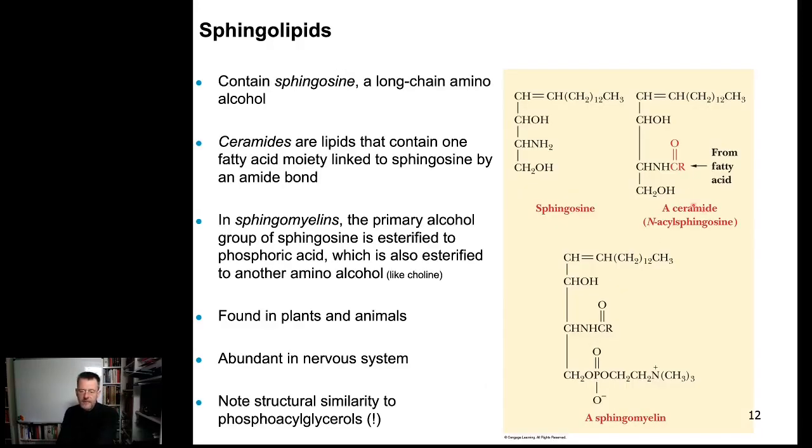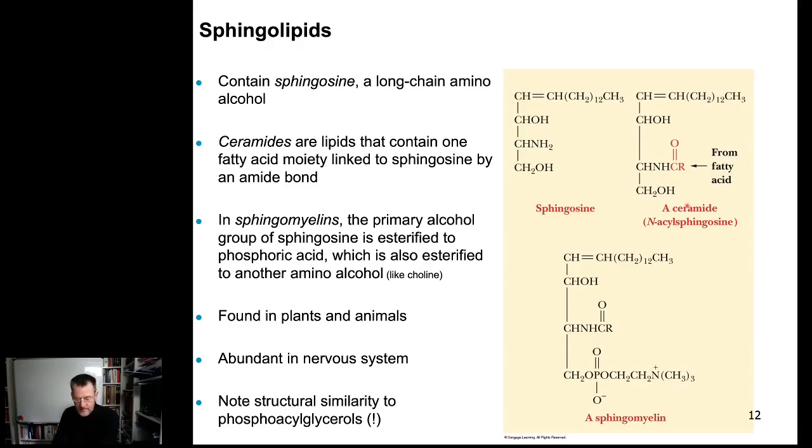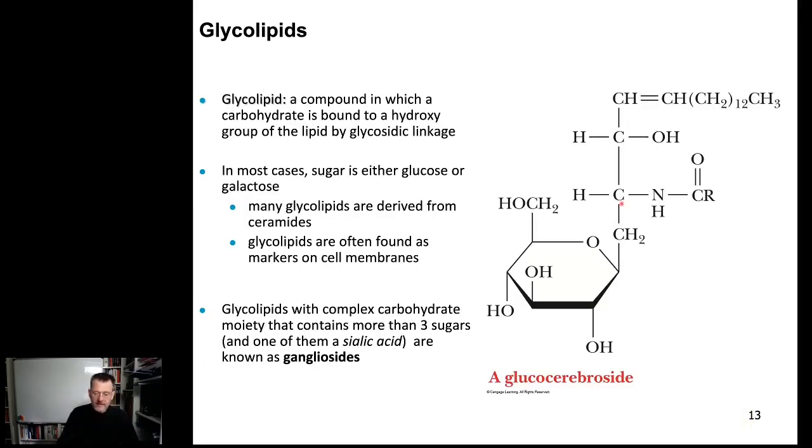If we remember, these were the carbons 1, 2, 3, and that was the rest. Then here is carbon 1, carbon 2, carbon 3. The secondary alcohol, once again, is not being used for anything. The amino group is being amidified, so forms an amide, so to say, with one of the fatty acids, just like you know it from the ceramide. And the primary alcohol here,